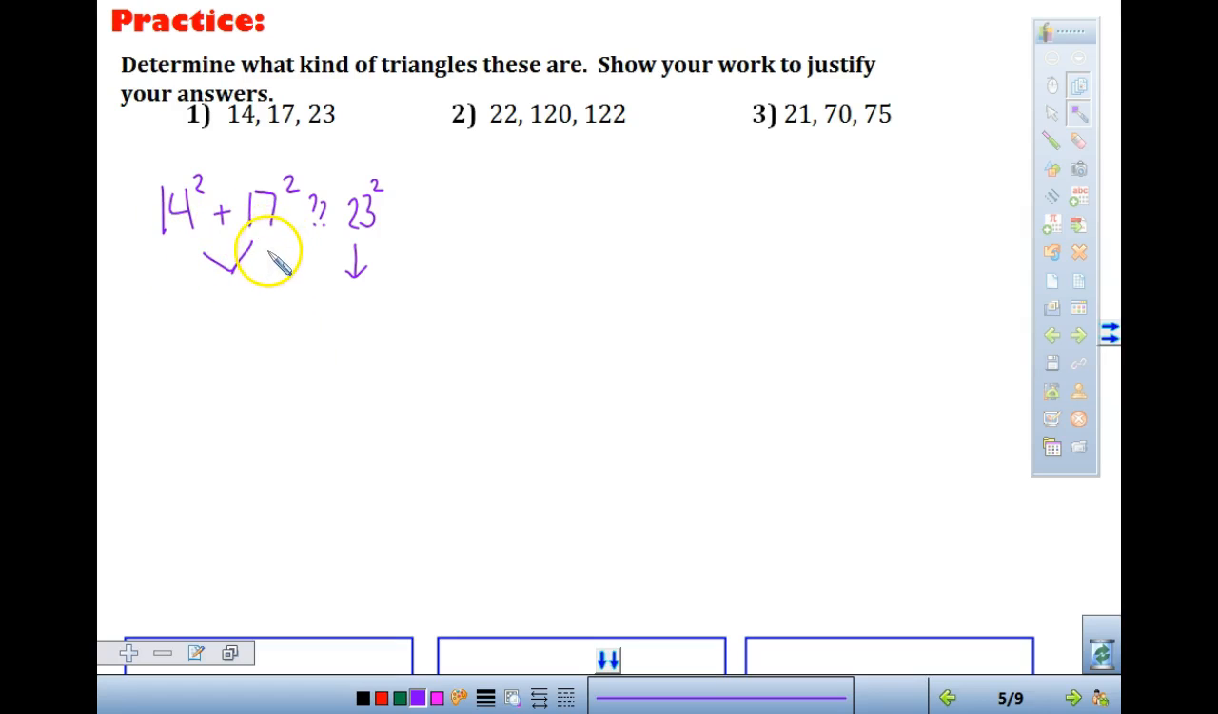So 14 squared plus 17 squared. Put that in your calculator right now. And add it in your calculator. Put in 14 squared plus 17 squared. So you haven't entered it in your calculator yet, so I'll give you a chance to do that. I should have 485. And now I put 23 squared in my calculator. 23 squared is